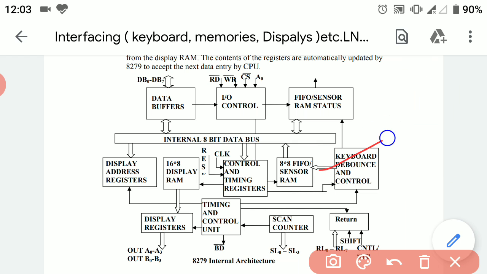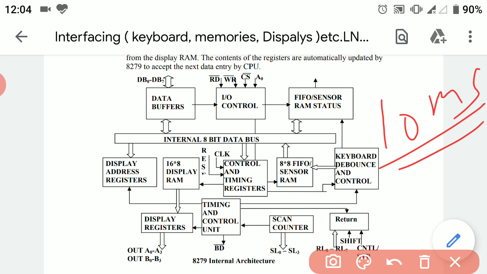The next block is keyboard debounce and control. This keyboard debounce and control actually controls the timing for which we are pressing the keyboard switch. That is, if we continuously press the keyboard switch for minimum 10 millisecond, then only the code for that particular switch, that particular key will be generated and transferred to this FIFO sensor RAM.